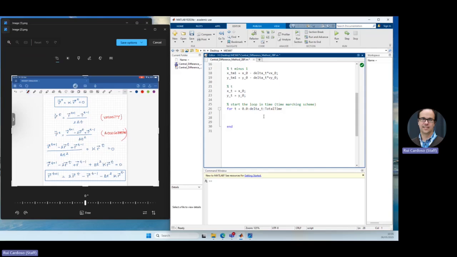So I'm going to say something like this. x underscore t plus 1, which is what I have on the left side of that formula at the bottom, the coordinate x of my spacecraft at time step t plus 1, is going to be equal to 2 times my coordinate x underscore t, which in the first time step will have this value, minus x underscore t minus 1, which at the beginning will have this value,